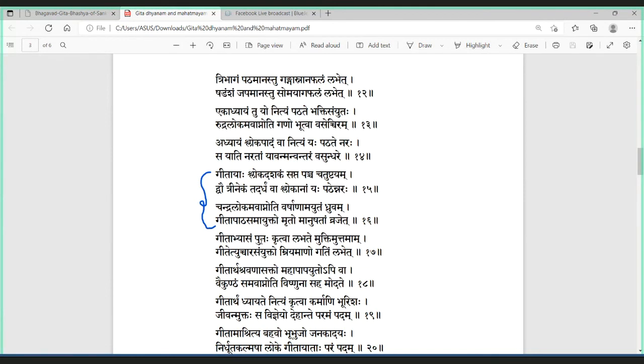What will be the gain? By repeated study and reflection and application and thinking again and rethinking and redoing and re-understanding, constantly applying yourself to get to the right meaning of it. By constantly doing that, what is the gain? Labhate muktim uttamam. What is the highest? Uttamam mukti. You get that.